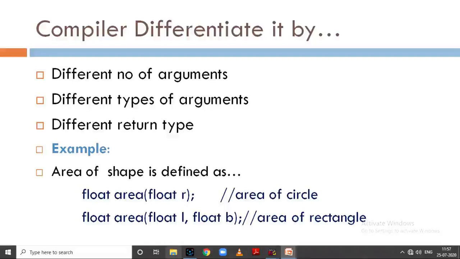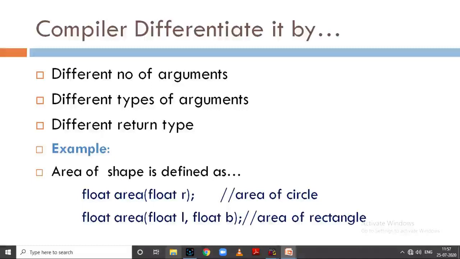So how will the compiler know which function to call at which time? Functions can be differentiated based on the number of arguments, the type of arguments, and the return type.